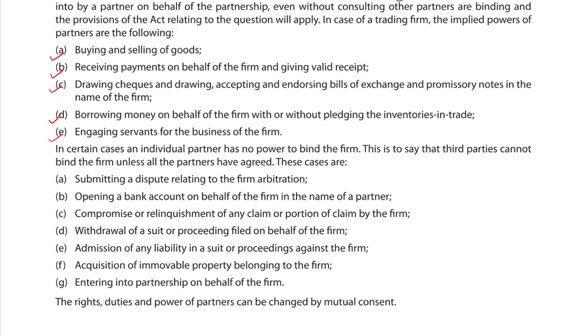In certain cases, an individual partner has no power to bind the firm. This is to say, the firm cannot be bound unless all the partners have agreed. These cases are: submitting a dispute relating to the firm to arbitration, opening a bank account on behalf of the firm in the name of the partner,